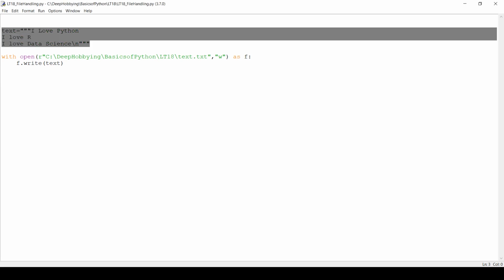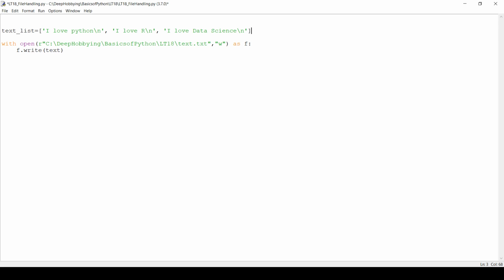Instead of text I will say text list. This list has three elements: I love Python, then move to the next line, then I love R, move to the next line, then I love data science, and move to the next line. Now if I say text list